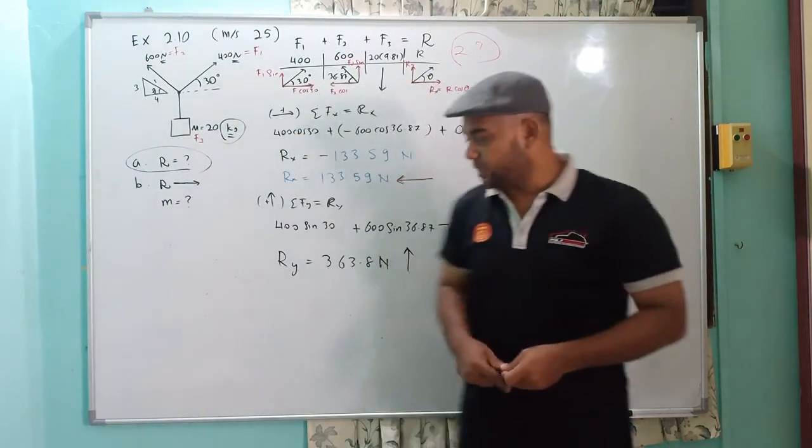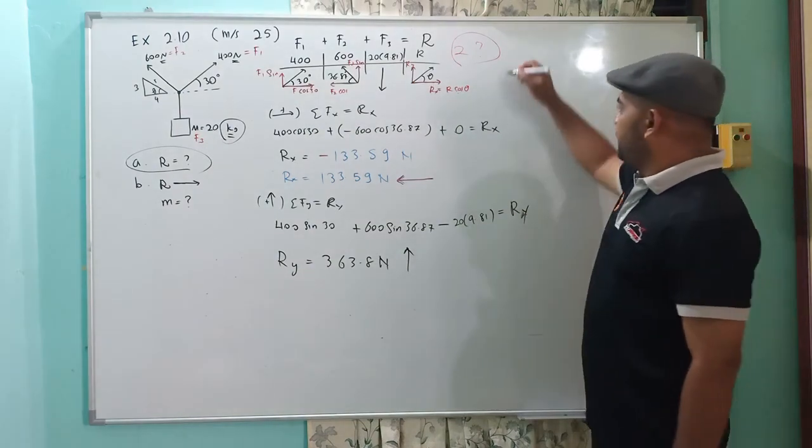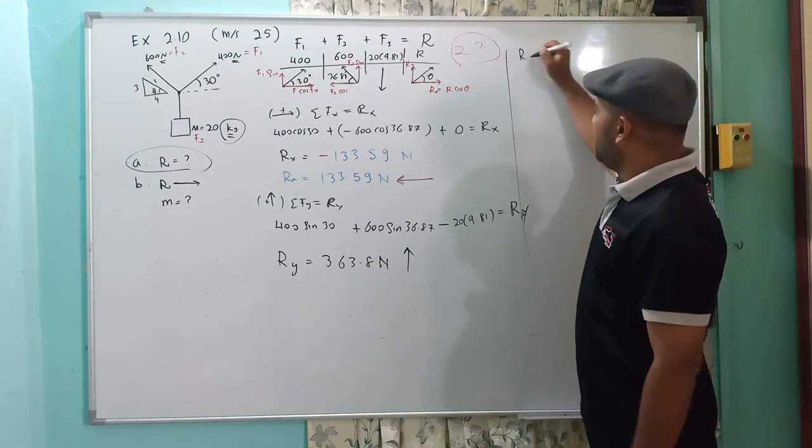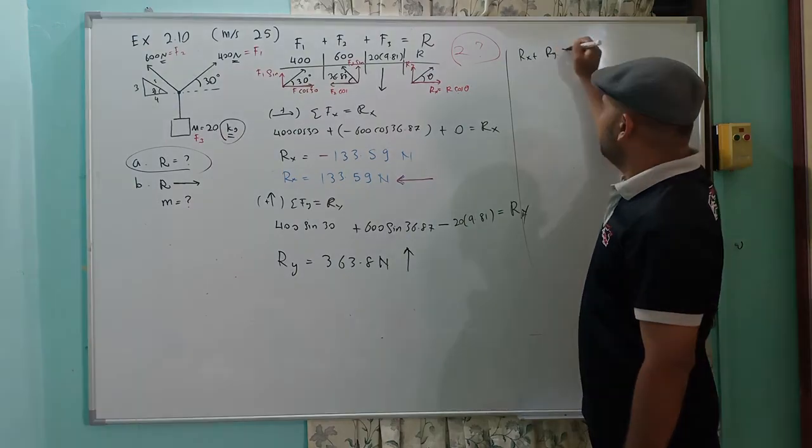Okay, so the combination you have here, which is we should have Rx plus Ry equal to